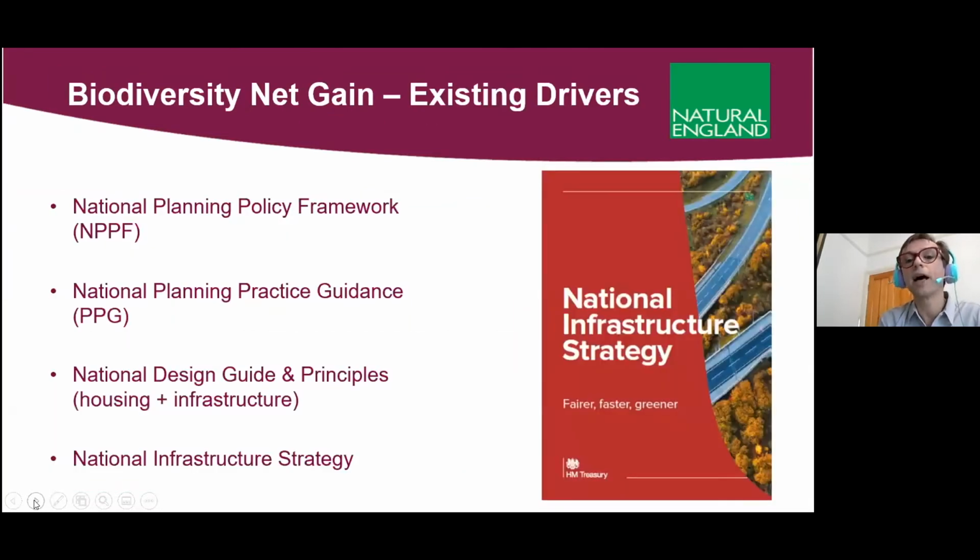But before doing that, it also led to some other work on wider policy as well. So what was also happening was developing and implementing biodiversity net gain into our national planning policy framework, embedding it in national planning guidance, national design codes and design principles, and also our national infrastructure strategy. So alongside this voluntary work, you began to see a growing policy drive towards taking forward biodiversity net gain and expecting, at a plan level, local authorities and individual sectors to begin to think about this and embed it into their practice.